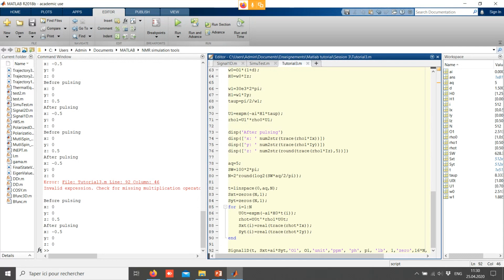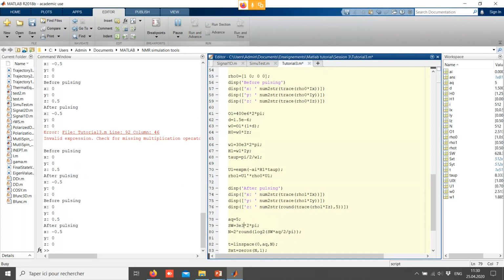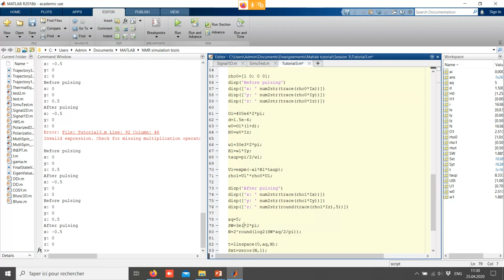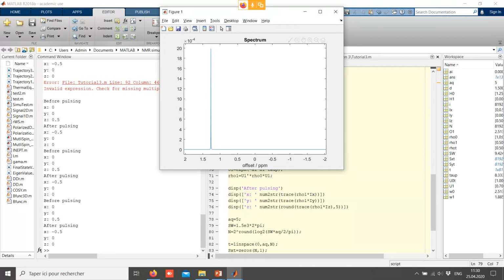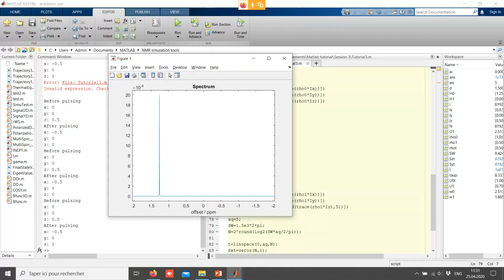So I want to have a much wider spectral window. It had only 100 hertz width here. So let's put, for example, 3 kilohertz and run the code. Okay, I can make it a little narrower. 3. Okay, now it's surprising, because my signal still doesn't appear at 1.5 ppm as it should,